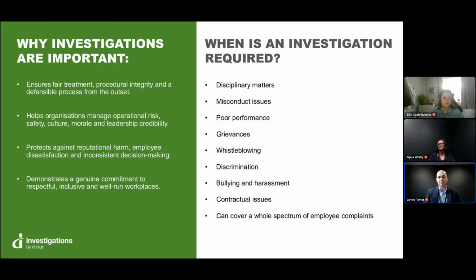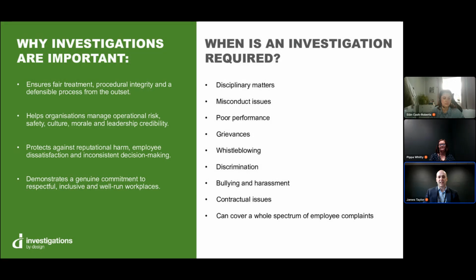I suppose this matters because employment decisions, particularly disciplinary decisions or grievance decisions, whistleblowing responses or decisions involving allegations of discrimination or harassment can have consequences for all the parties involved. The consequences may affect employment, reputation, relationships at work, well-being and organisational trust. I think a robust investigation will ensure that individuals are treated fairly, that they understand the case or the concern being examined, and that any findings are based on evidence rather than assumption, speculation or rumour.